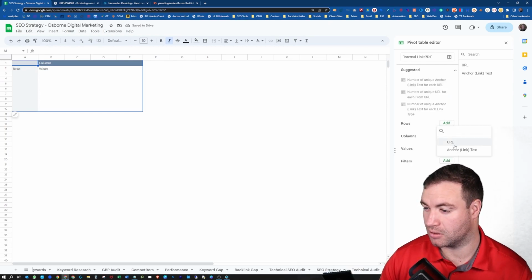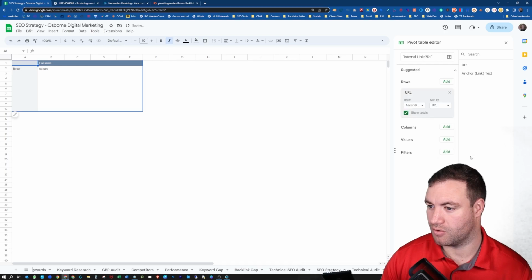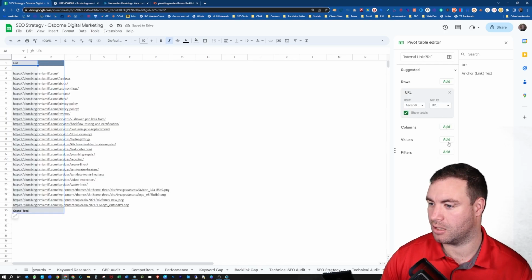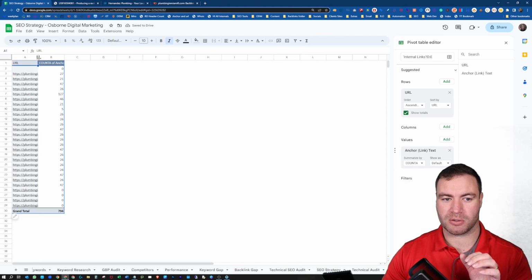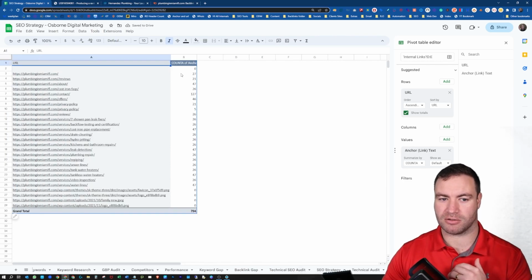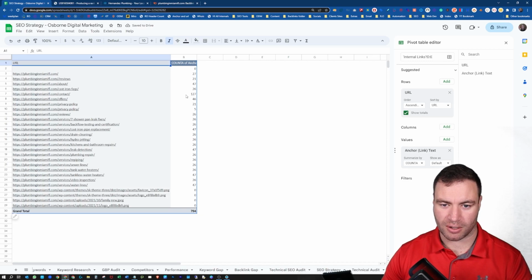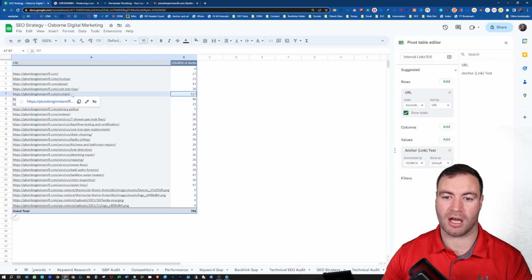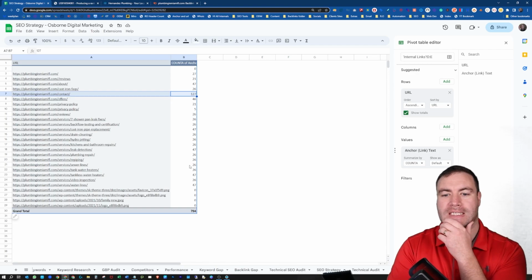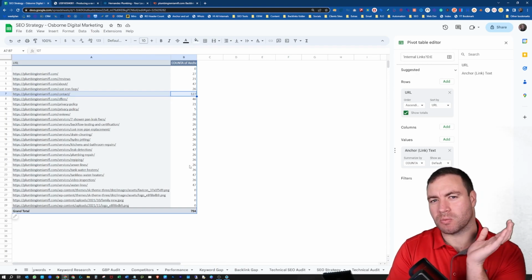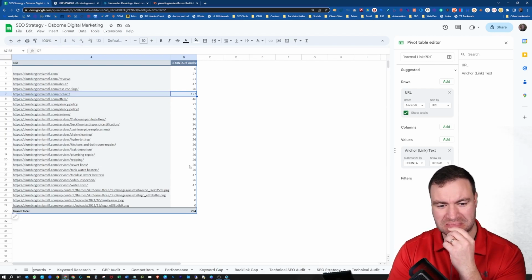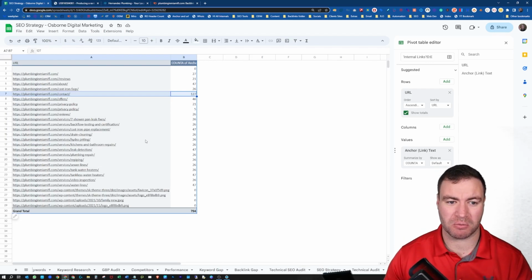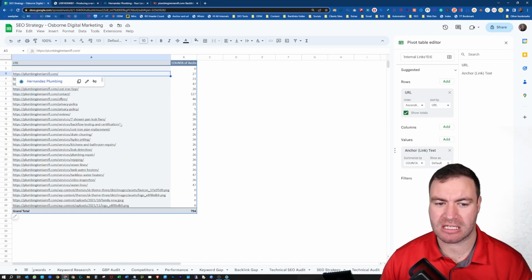It's URL in the rows from memory, and values, anchor text volume. So, yep, we can start to determine here, which is pretty cool, which page actually has the most amount of internal links. So if we go, okay, well, the contact page has a heap of links coming to it. Is that right? Do we want that page to have all of the internal links? I don't think so. I think we would probably want the home page because as you can see, this site,